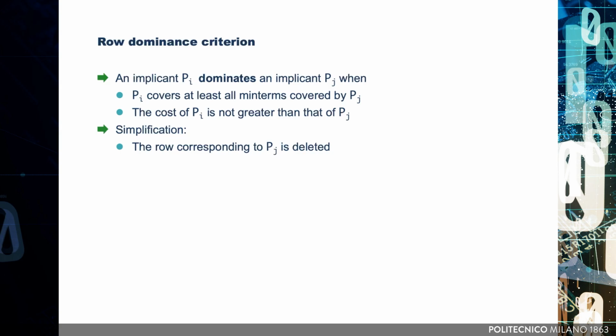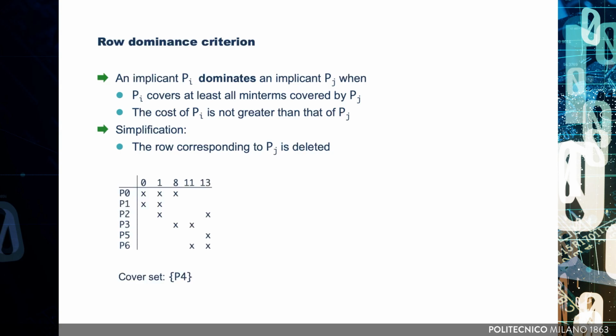If the two implicants have different costs, as happens when using the number of literals as the cost function, then the decision becomes more nuanced. Pi is only preferable if its cost is less than or equal to the cost of Pj. Otherwise, it might be more efficient to choose Pj along with another implicant Pk, such that, together, Pj and Pk cover all the minterms covered by Pi, and the combined cost of Pj and Pk is less than the cost of Pi. The row dominance rule simplifies the covering table by allowing us to remove dominated rows. They correspond to implicants that are not needed to construct an optimal cover.